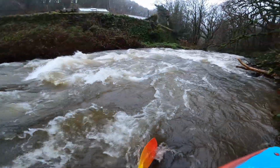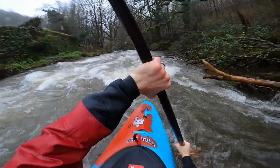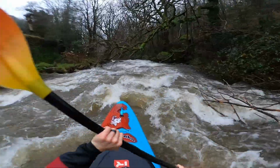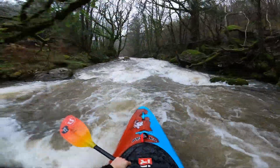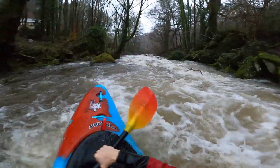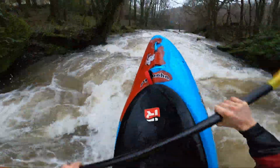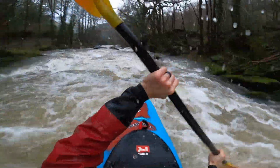So you hop onto the West Lyn in Barbrook on the river right hand side. It's probably the easiest place to get in, and it's off with a bang straight away, especially, as I say, at the water levels we're suggesting here, which are fairly decent. In this video we're probably looking at a healthy medium flow on the West Lyn,